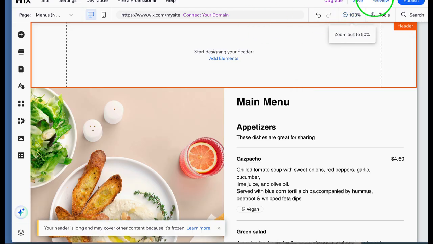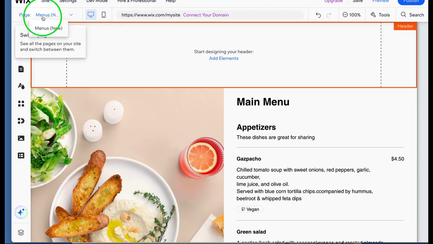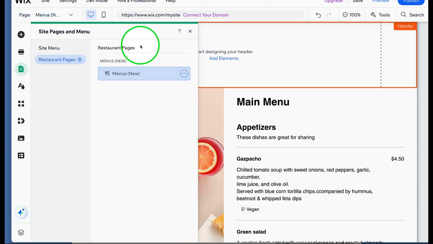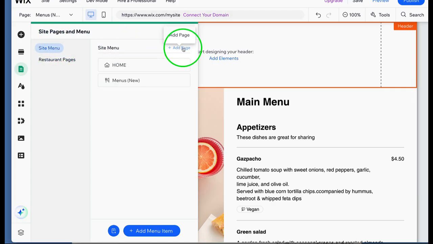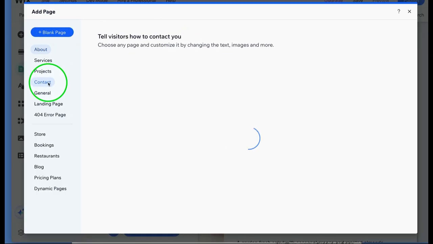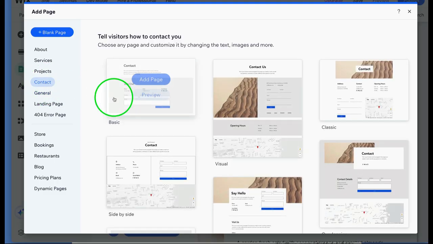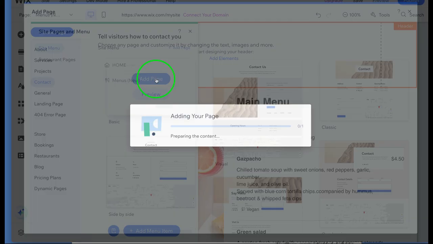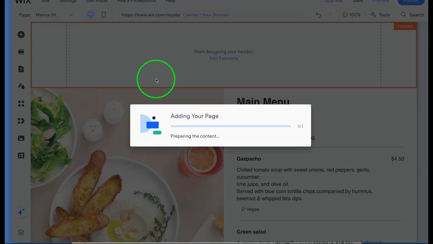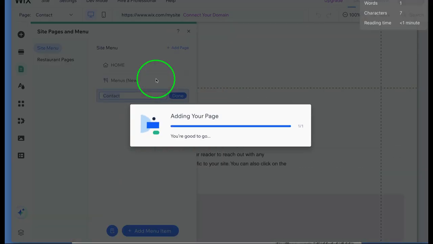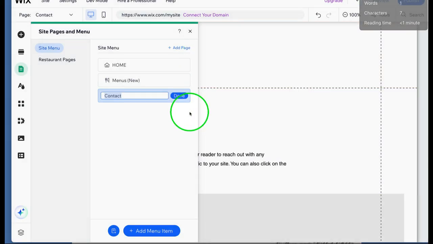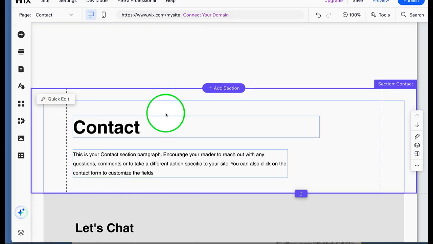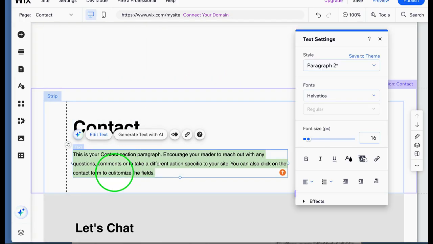All right. Creating a contact page. You can come up here to your pages and come up here to your site menu, add a page. And here you can use the contact from the template, because make sure it's the basic, or you'll have to remove images and things, because that will get you in the ballpark of what you need. Okay, there is a little bit of content here that's placeholder has to be adjusted or removed,